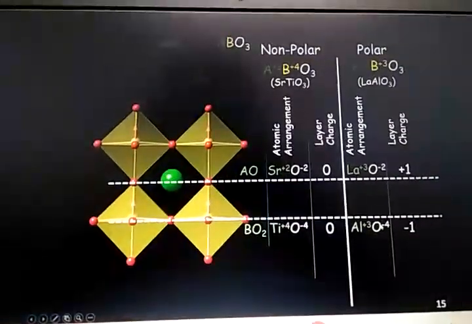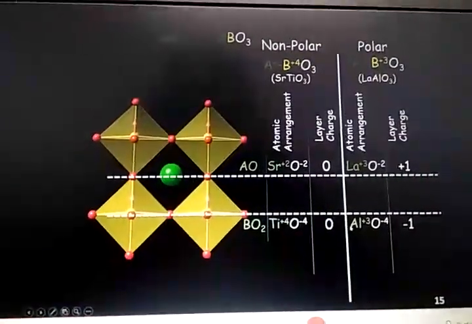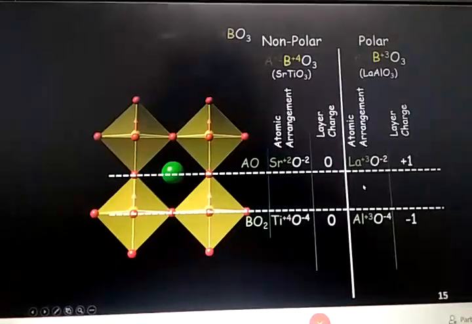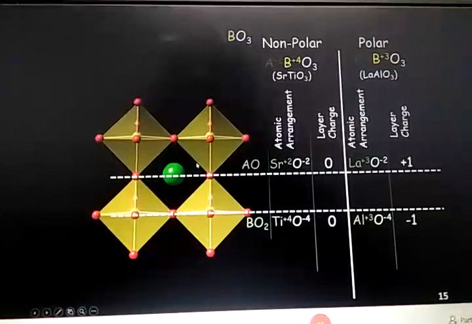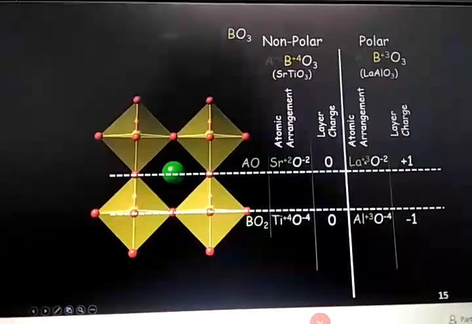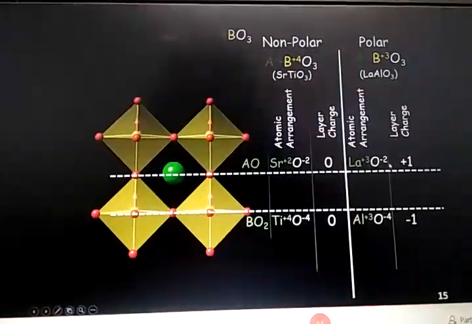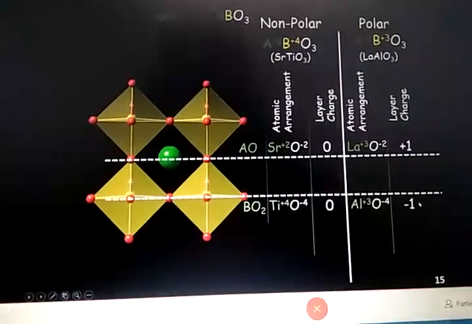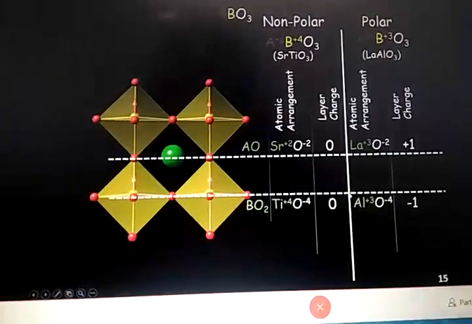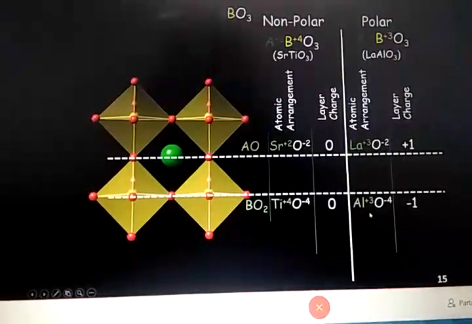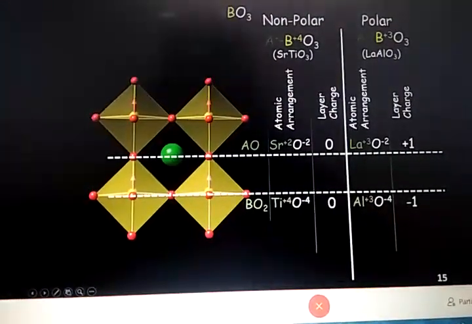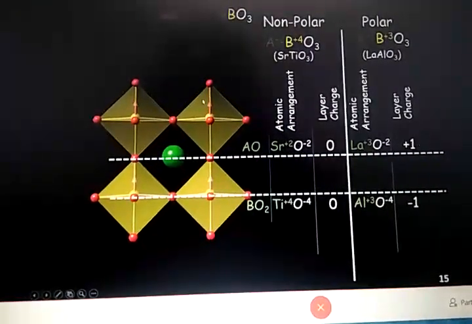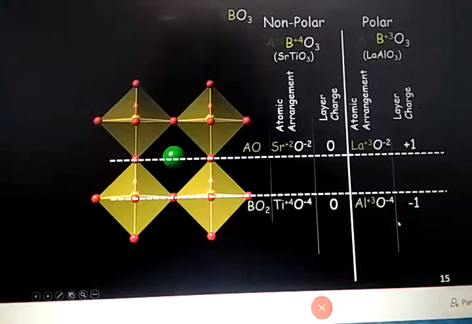+3 and oxygen at -4 because we have 2 oxygen. So the net charge of this layer is -1. And if you think of the AO state, then you have La +3 and oxygen -2. So the net charge of this layer is +1. So each individual layer of this kind of material has -1, +1 charge. And this is known as a polar state because each individual layer has charge, but overall the charge in this system